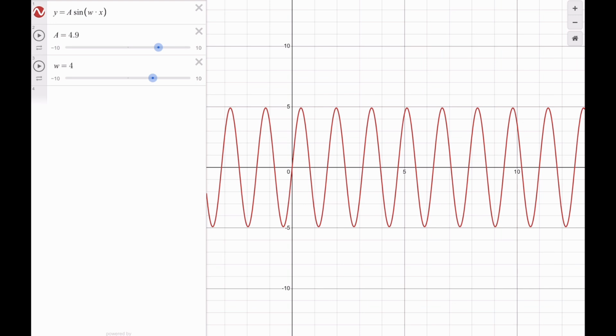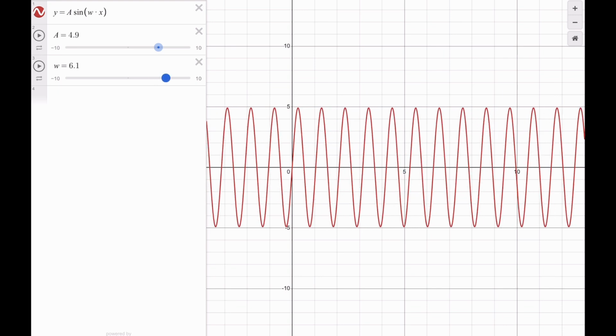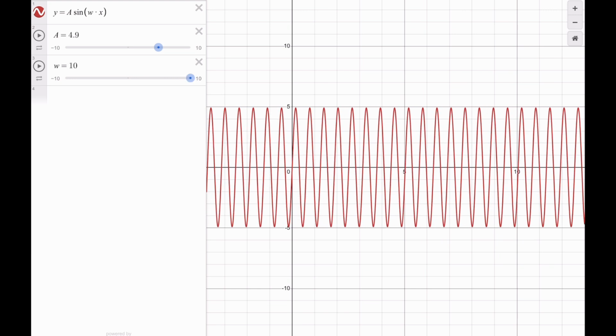Actually, is it the angular? It's the frequency of oscillation of the voltage. So you plug this into your wall. Most of the planet has the omega here, the frequency, as like 50 hertz, which is 50 oscillations per second. So imagine this omega, instead of 10, I increase this to 50. So just for 1 second, 1 unit on the x-axis, this sine wave goes up and down 50 times,